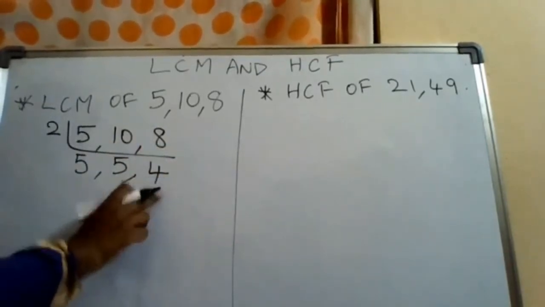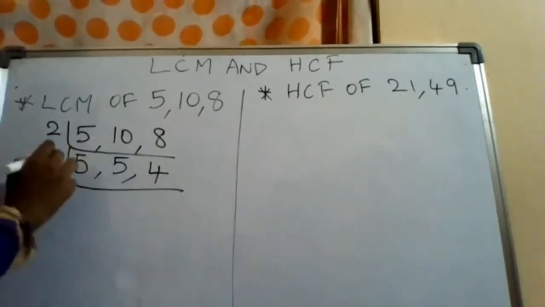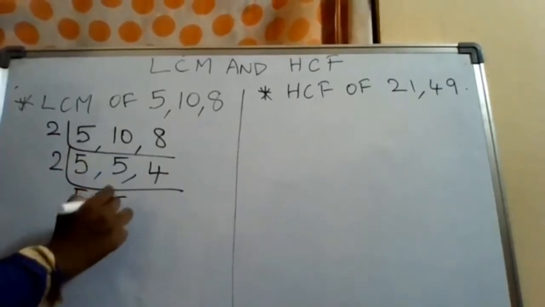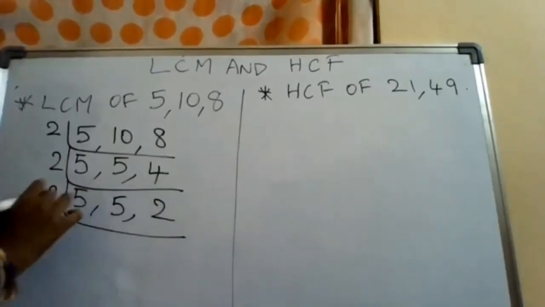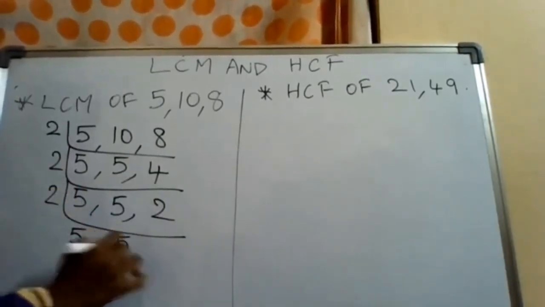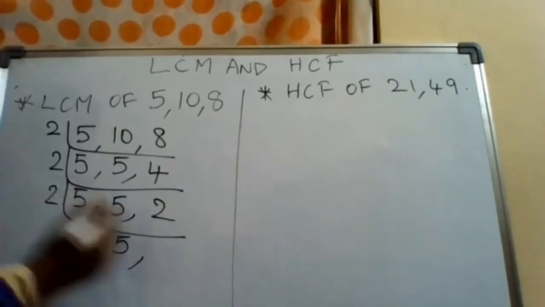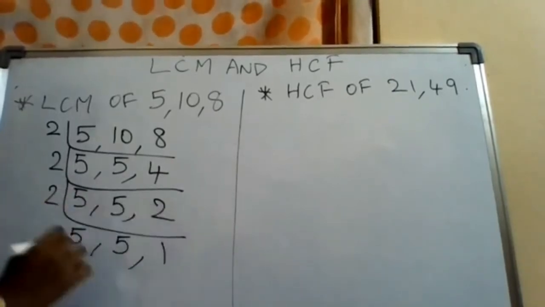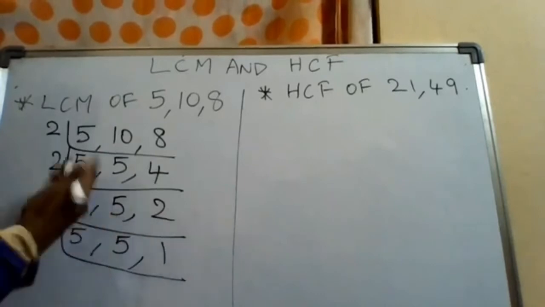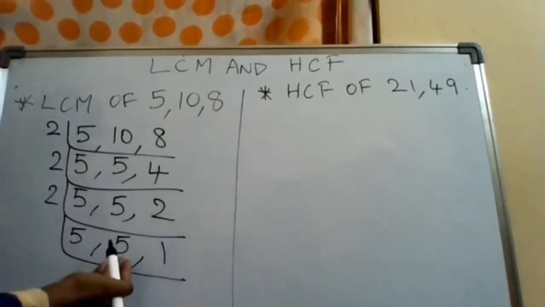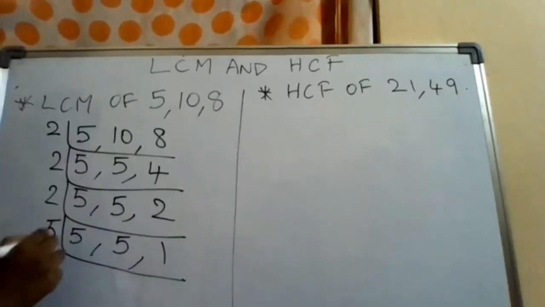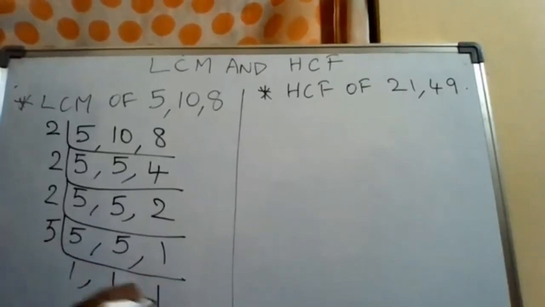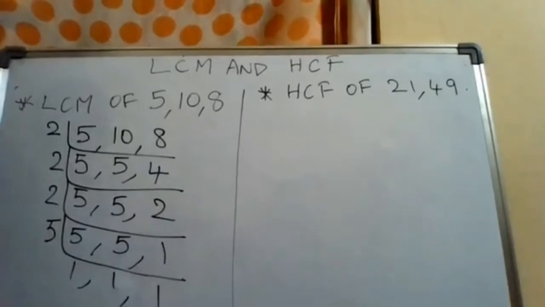Here you can see once again a 4 is repeated. So you can take the 2 table once again, write down the same 5 in the same way, and 2 2s are 4. Again take the 2 table, write down the same 5 as 5 will not go in the 2 table, and 2 1s are 2. Now the next prime number is 3, but 3 is not possible, 4 is not possible, and only 5. So 5 1s are 5, 1 and 1. Until you get these 1s, you will keep doing this process.